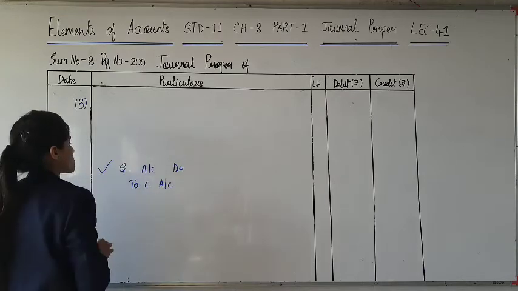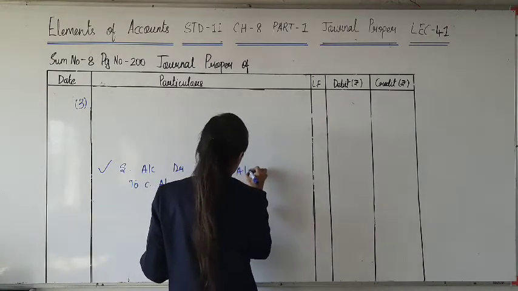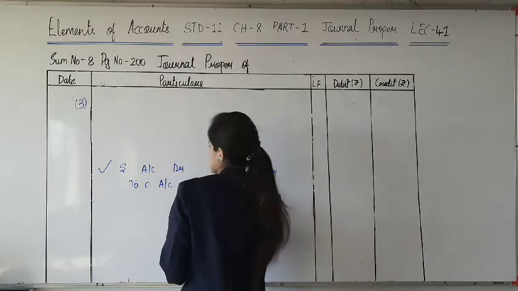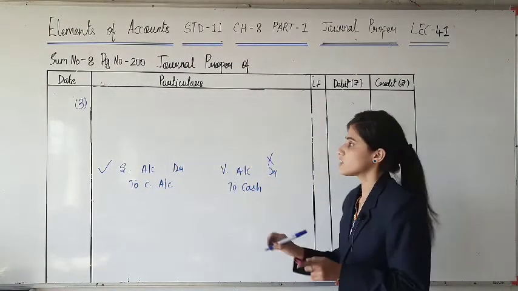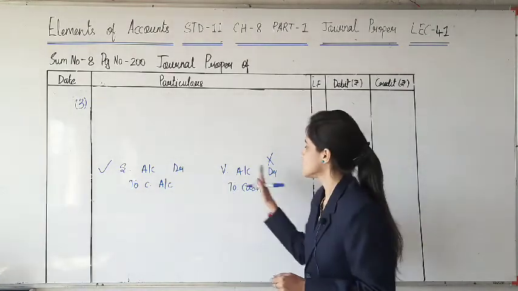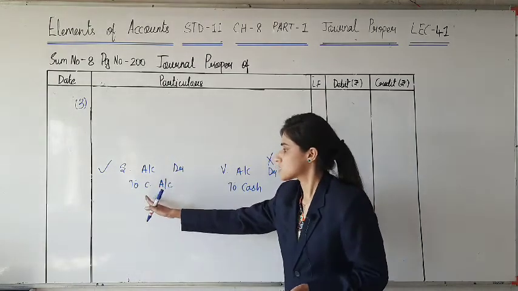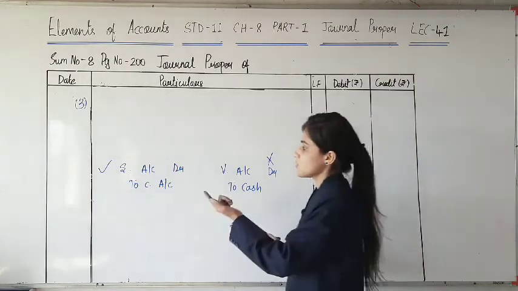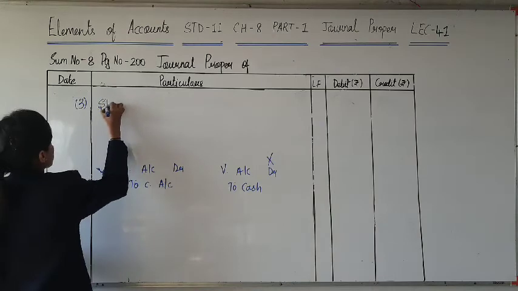This is what we are supposed to do. But instead of Sharma, it is written Verma. This is correct, this is incorrect. We are supposed to write down the rectification entry for this. Where is the mistake? Mistake is in debit. There is no issue in credit. Correct में cash credit करना है तो यहाँ पे भी वही हुआ है, right? किसको debit करना है? Sharma. So Sharma account debit